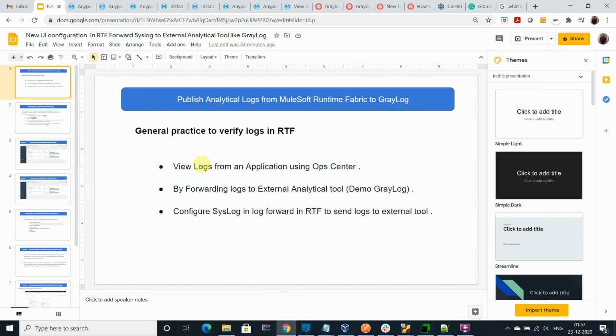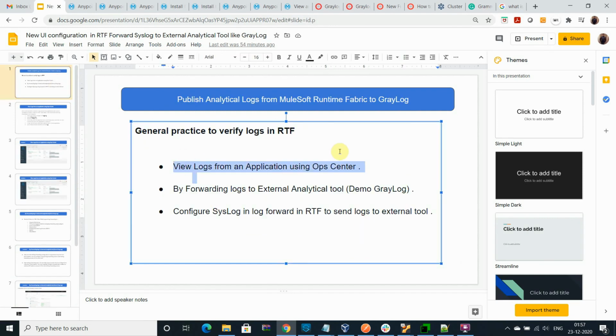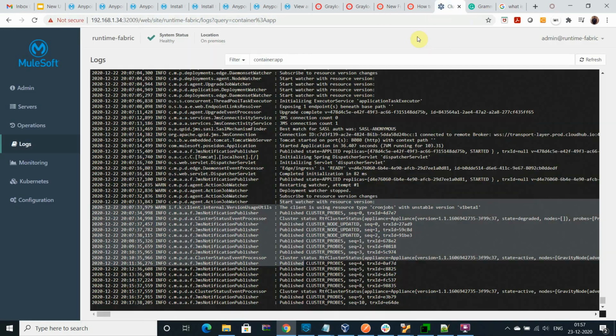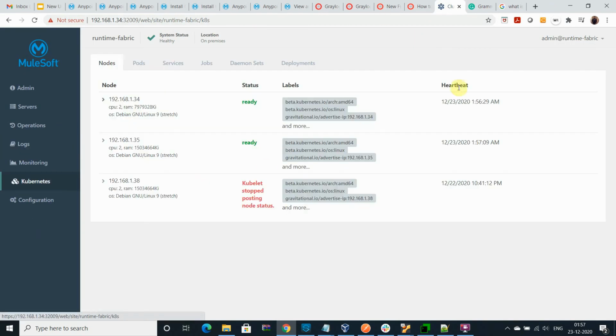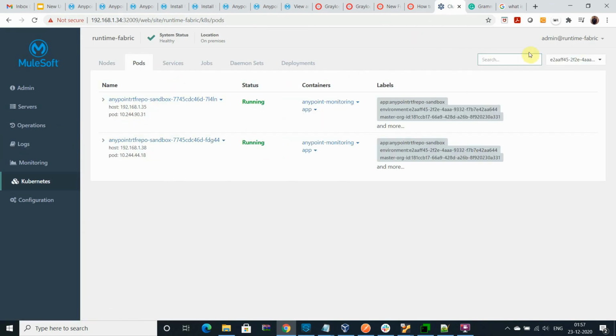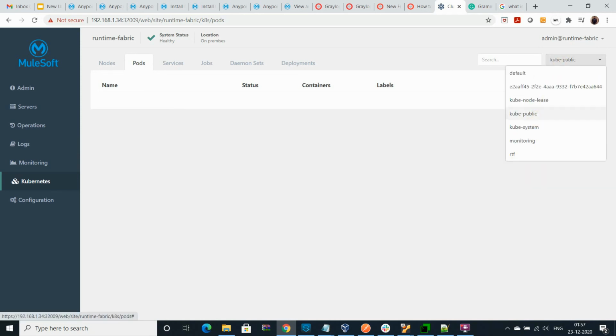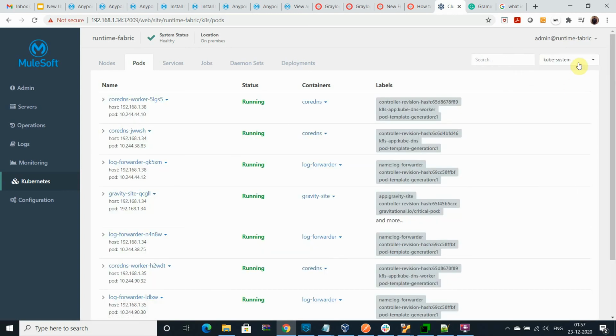So I have explained where you can check the logs for the application and the platform in Ops Center, right? You can go to Kubernetes and select the pod and whichever components you want to check. You can go from there, Kubernetes public, and then go to the Kubernetes system.